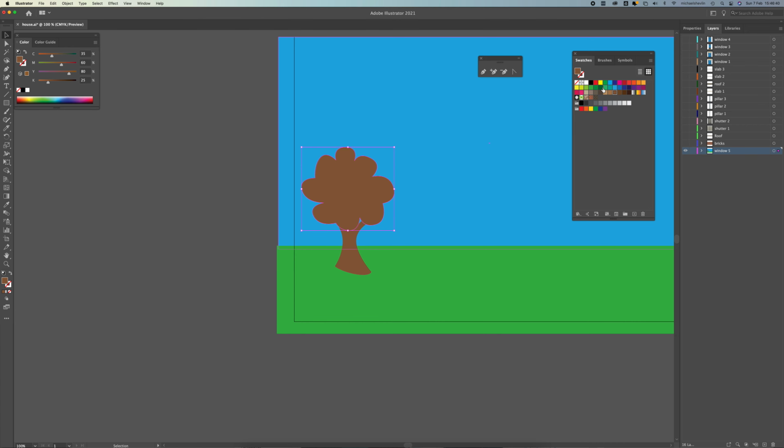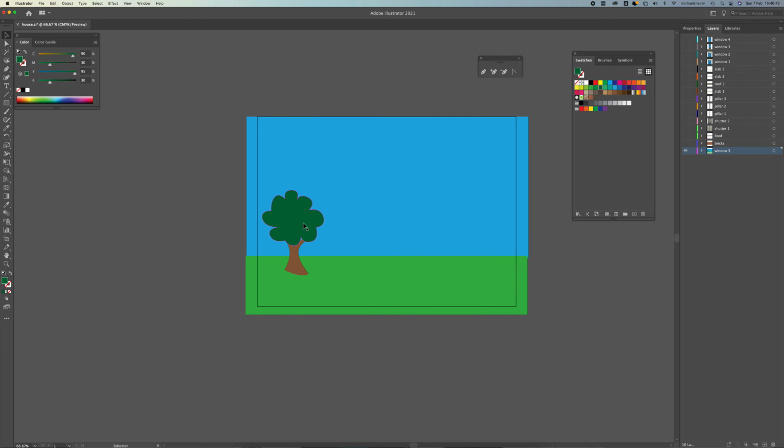And now I'll just turn that green, but I want to make it a slightly darker green than everything else. And then I can take that and copy it, maybe flip it so it doesn't look too similar, and then take this and copy it again and make a smaller version. Okay, so now I've got some trees, and I'm going to put those into their own layer. I'm going to grab all of this lot and just bin it,